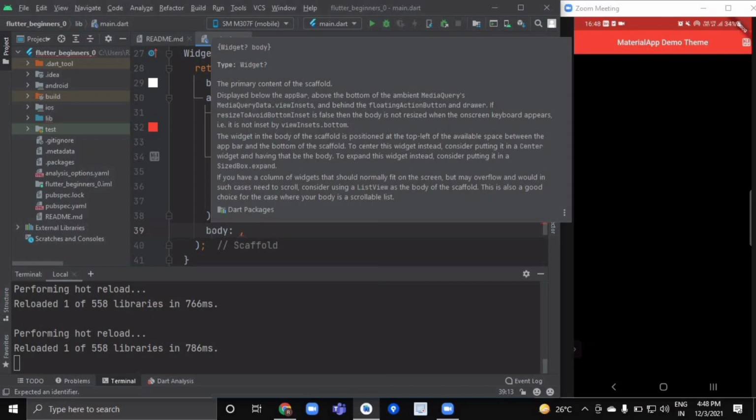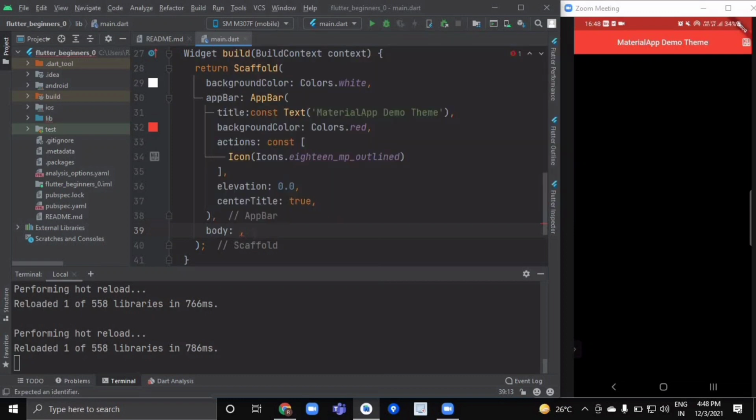To center this widget, instead consider putting it in a center widget and having that be the body. So in layman terms, whatever the visible portion of your screen or of your device is your body, except this application bar, or if you put some bottom navigation bar, then the visible screen will be your body.